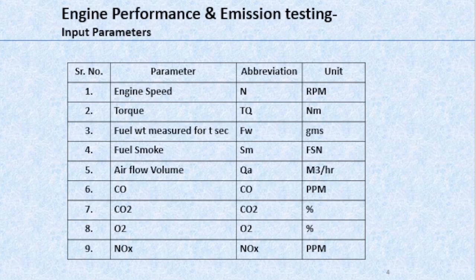Exhaust smoke is measured as filter smoke number, abbreviated as FSN, which will be used to calculate PM content, that is particulate matter content in the exhaust gas. Airflow is measured in terms of volumetric flow and can be converted with the help of the respective density. CO2 and O2 contents are measured for balancing calculations. NOx, nitric oxides, is a raw ppm value, further processed to get specific NOx